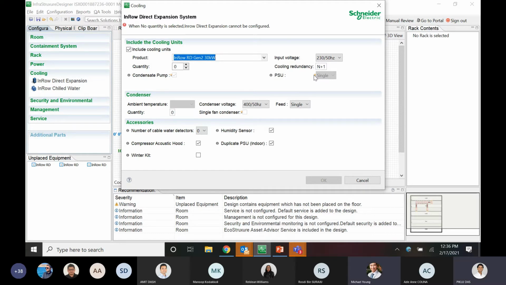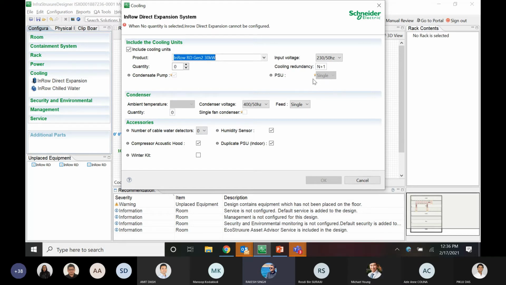Okay, so how does this work now? Let's say inside the data center, the client requested that we have an A and B feed powering both the indoor and the outdoor unit. How can we get an A and B feed for the indoor unit? The Inro RD300 comes with the dual feed. There are two different topics here: one is the input supply feed and ATS, and the second is the power supply itself.